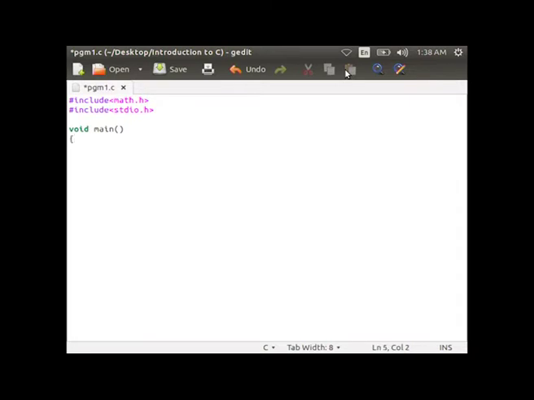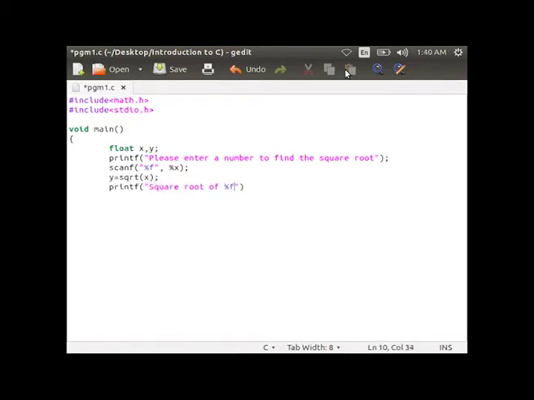Then you start the main function, void main, within braces, declare the variables x and y as float, then printf "please enter the number to find the square root", then scanf("%f", &x), then y is equal to sqrt of x. So, this is the mathematical function we use for finding the square root of x. Then printf("square root of %f is %f", x, y), then close the curly brace.